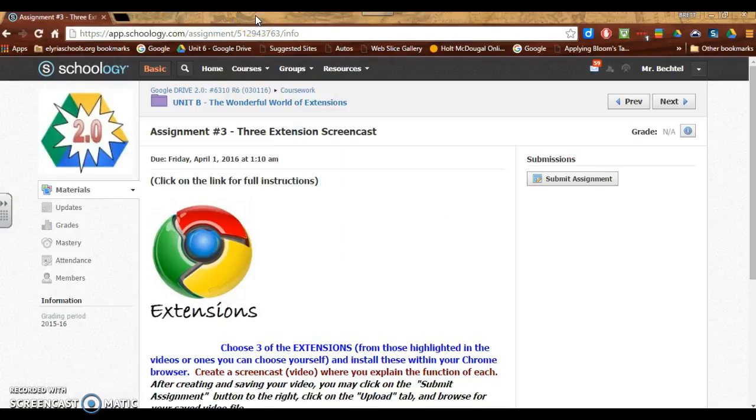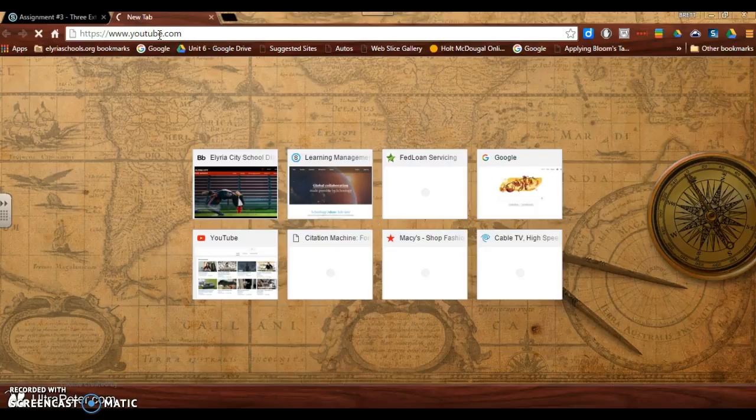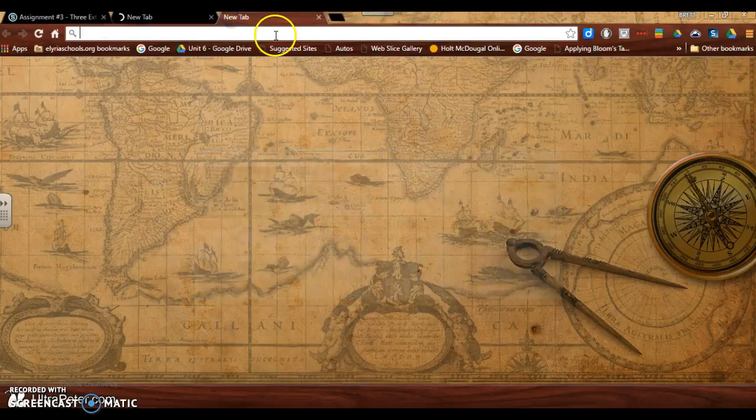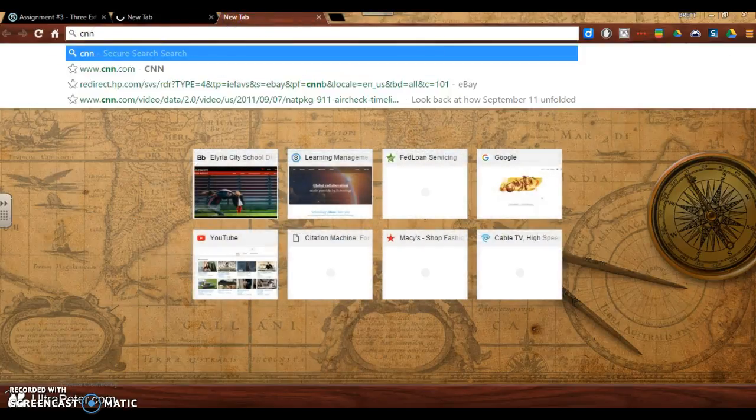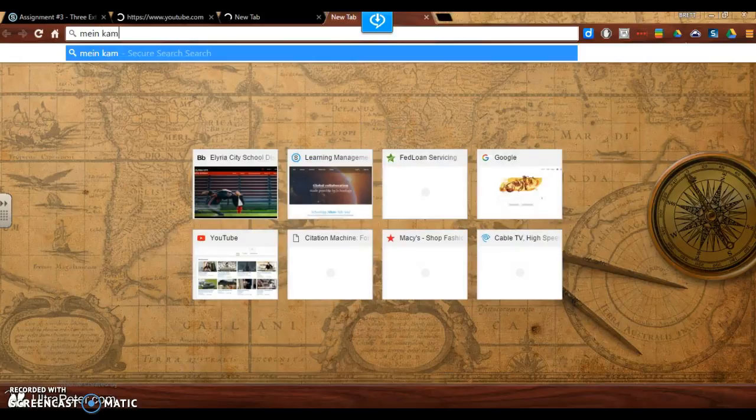And the last one that I have, I have to actually open up a couple tabs. It's going to be called Tab Cloud, and it looks like a little cloud. I just want to give you an example here. So say I found something on YouTube that I wanted to share. Say I found a cool article on CNN, and then let's say, even as sadistic as it is, that tomorrow